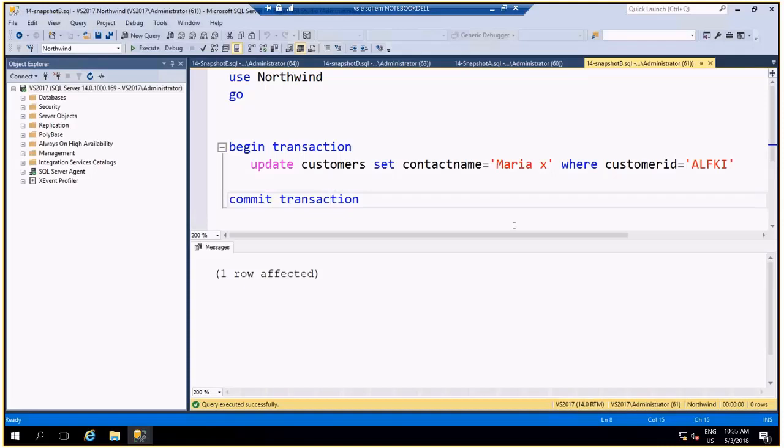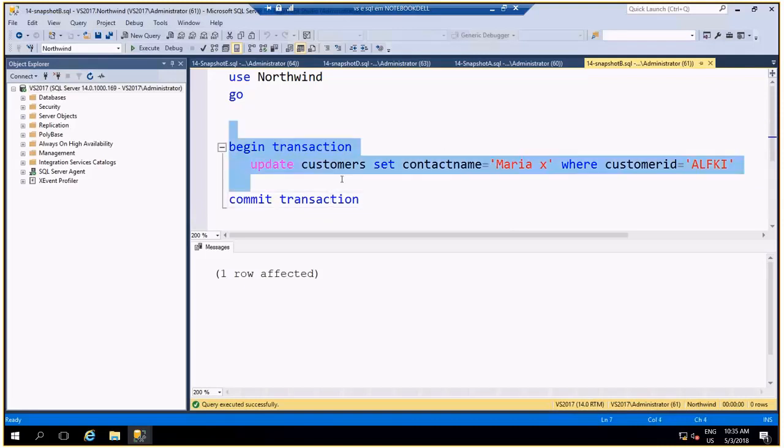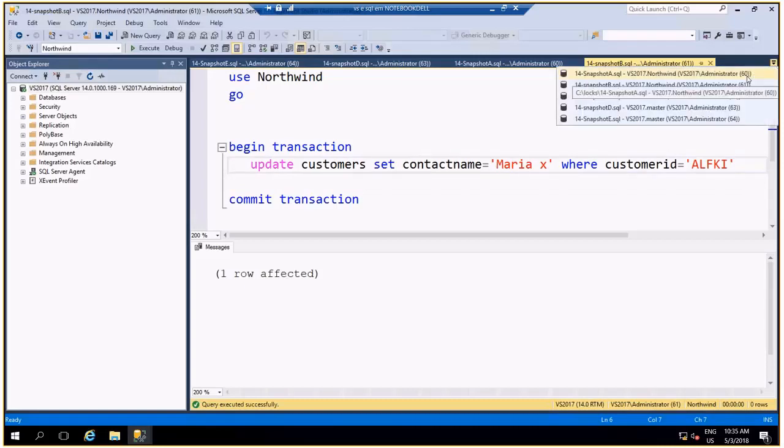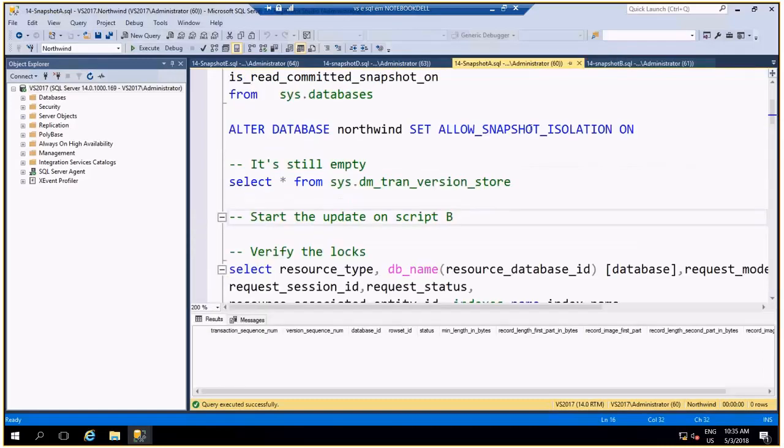One thing is very important here. This transaction that started the update is not using a snapshot isolation level. To use snapshot isolation level, I need to set the isolation level. I haven't, so this transaction is not using snapshot isolation level, it is using read committed. But the snapshot isolation level is enabled on the database.